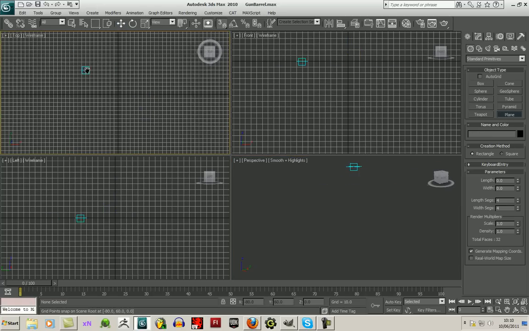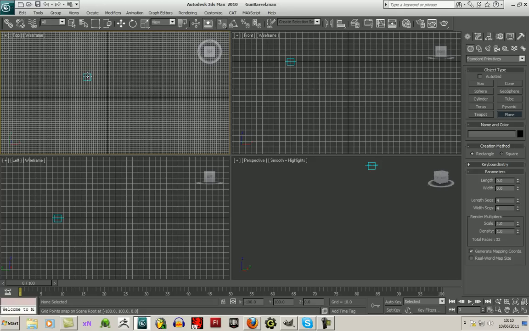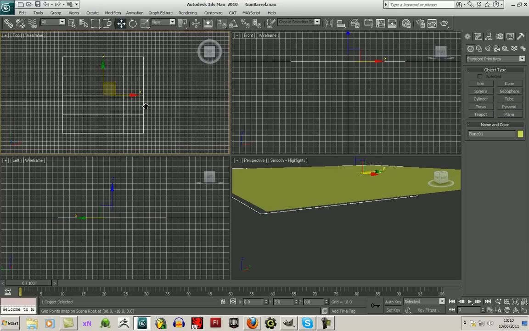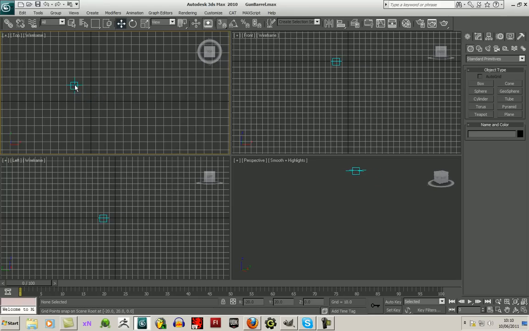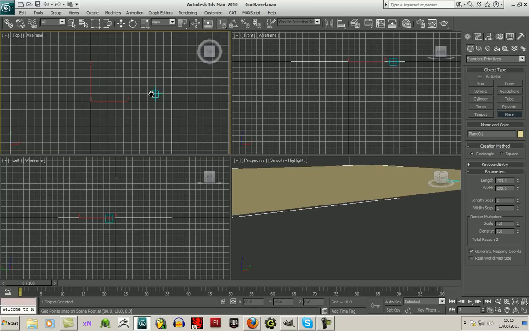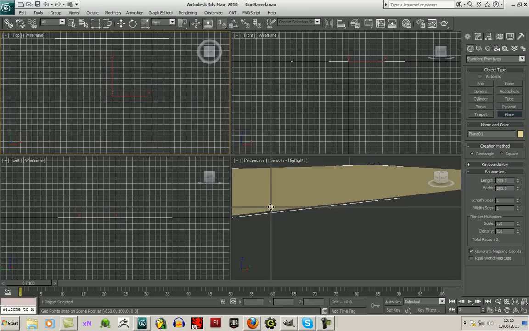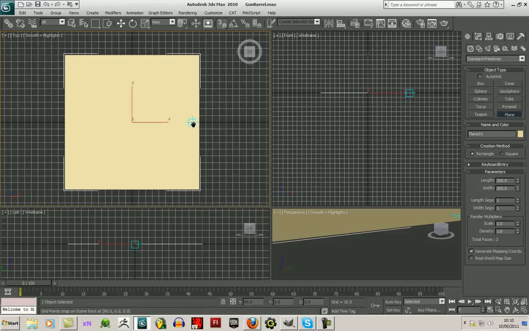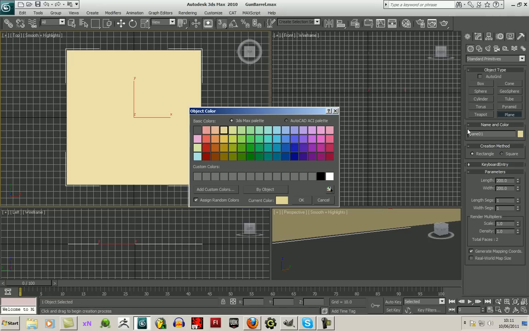I will create a plane here. Pretty much a perfect square. So I'll just zoom right in, use my snap setting, create my plane over the middle axis there, and I'll make it 1 by 1, and the length I'll change to 200. Okay, and I shall go into smooth and highlights mode for this. I'll colour this white,